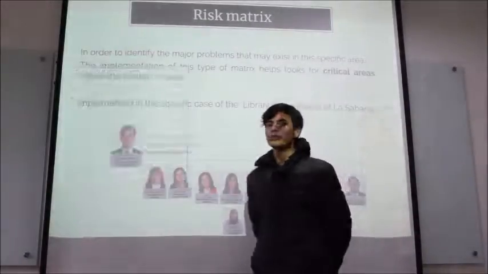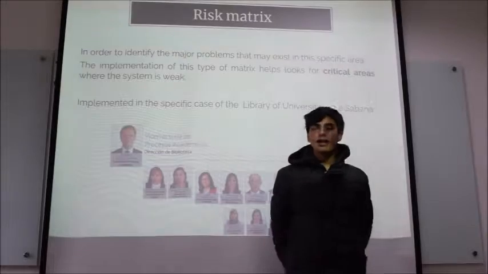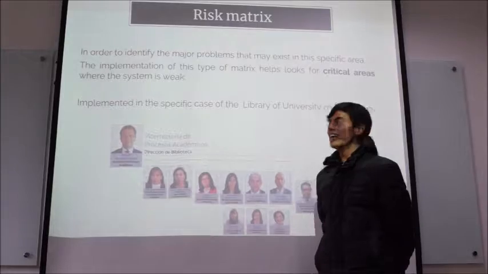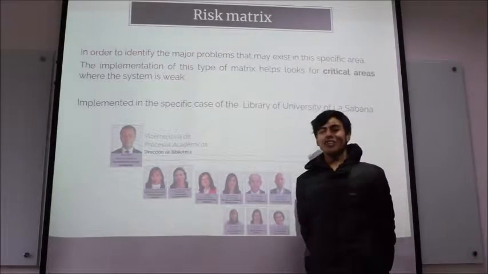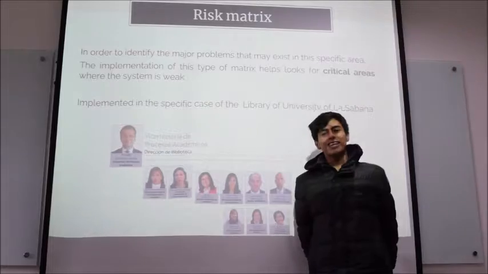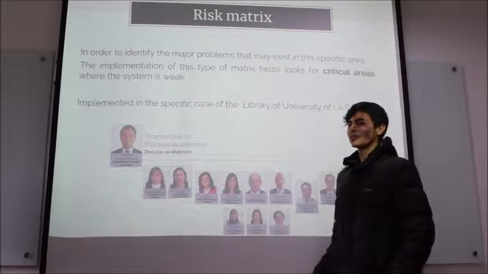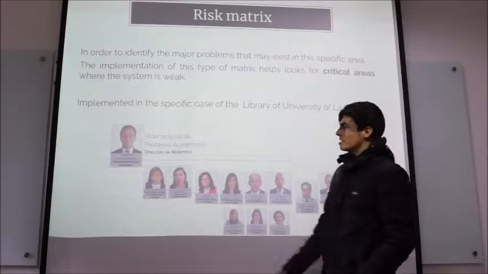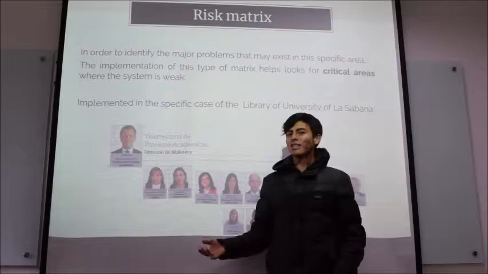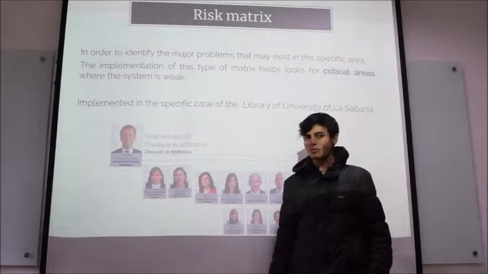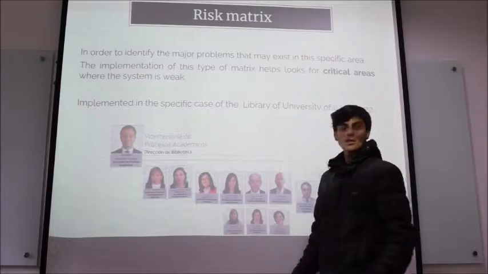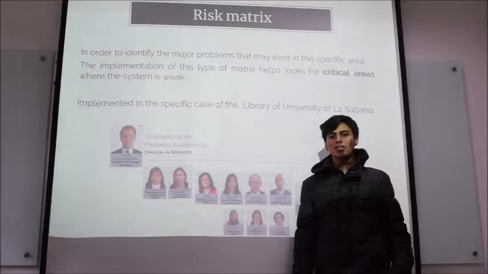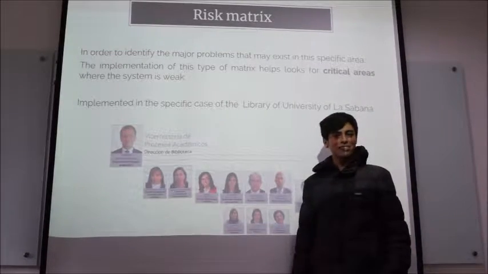To start, we're going to talk to you about the risk matrix. That is in order to identify every problem that could happen in the library and which are the people that ensure that this problem is solved or does not happen. As I said before, we need to understand the organization chart in order to identify those people. As my partner Nicole said before, the library is divided in three main areas. There are histories, collections, and services.